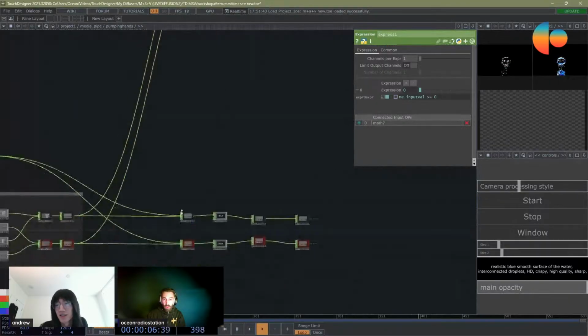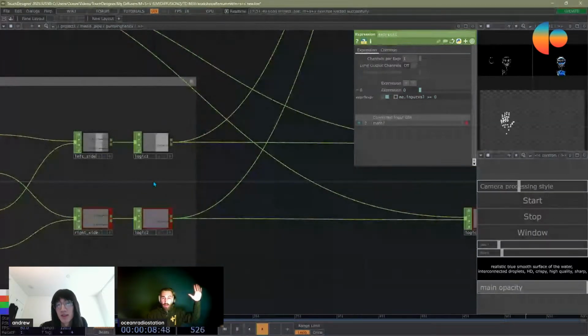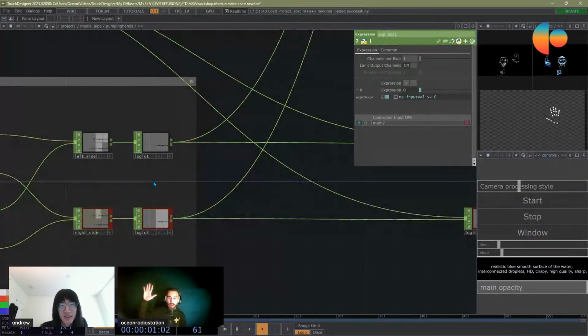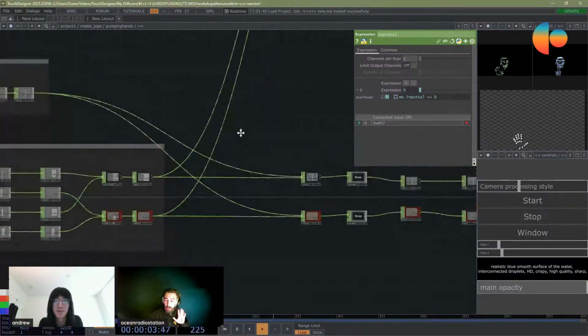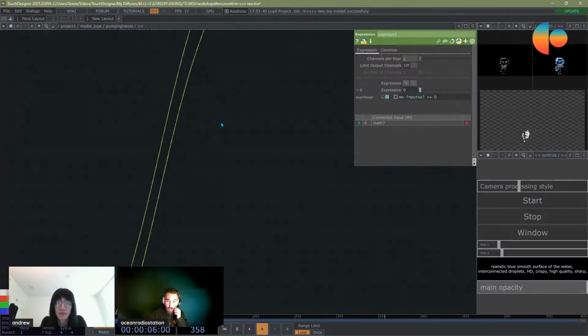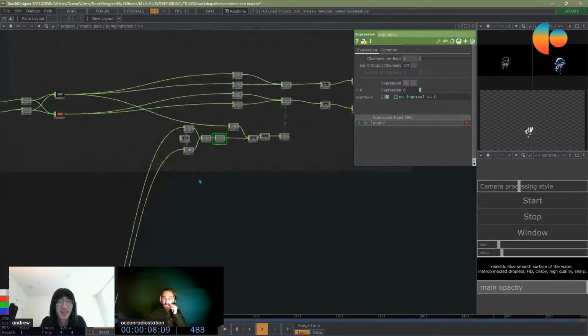Here we have the left side and the right side. It's showing left side and right side, and with audio, left is black or white and right is always red, because it's really hard to remember if it's not color coded.